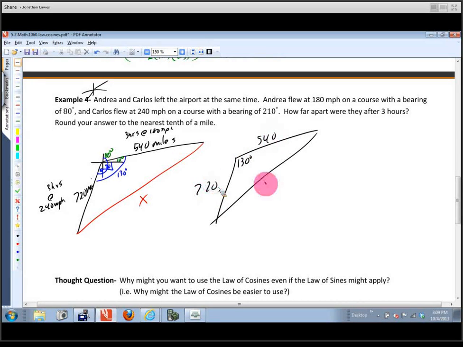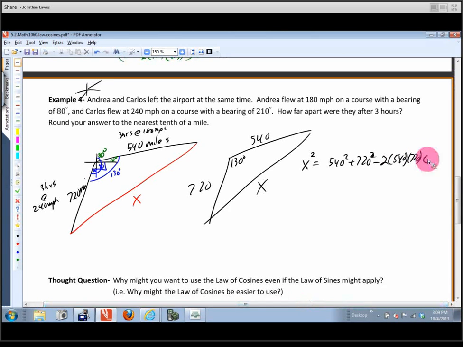540, and this is 720. And all we want to know is this right here. Again, we can use the law of cosines because we have a side, an angle, and a side. Start with the side, end with the angle that created that side. So we're going to have x squared equals 540 squared plus 720 squared minus 2 times 540, 720, cosine of the angle, which is 130. And remember, cosine of 130 is going to be negative. That means we're going to be adding a pretty large quantity to this. And then we're going to take the square root. So x is equal to